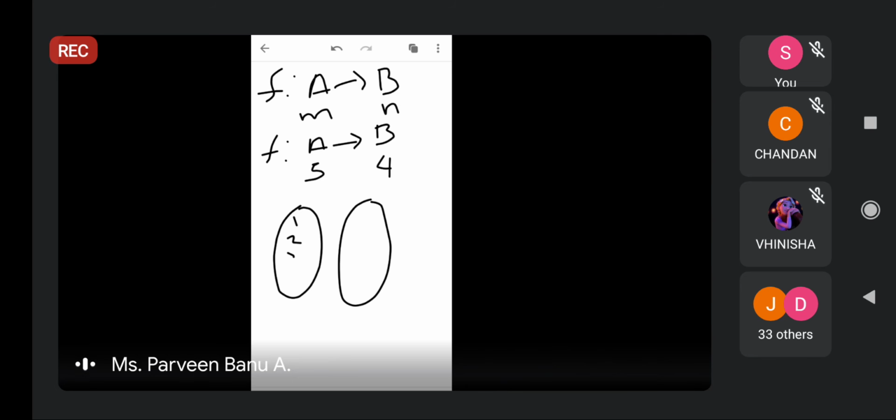Suppose 1 is mapped to A, 2 is mapped to B, 3 is mapped to C, 4 is mapped to D. I'm having another element, 5, so 5 is mapped to any one of these. Suppose 5 is mapped to B, which means 5 and 2 have the same image B. So this is not a one-to-one function.